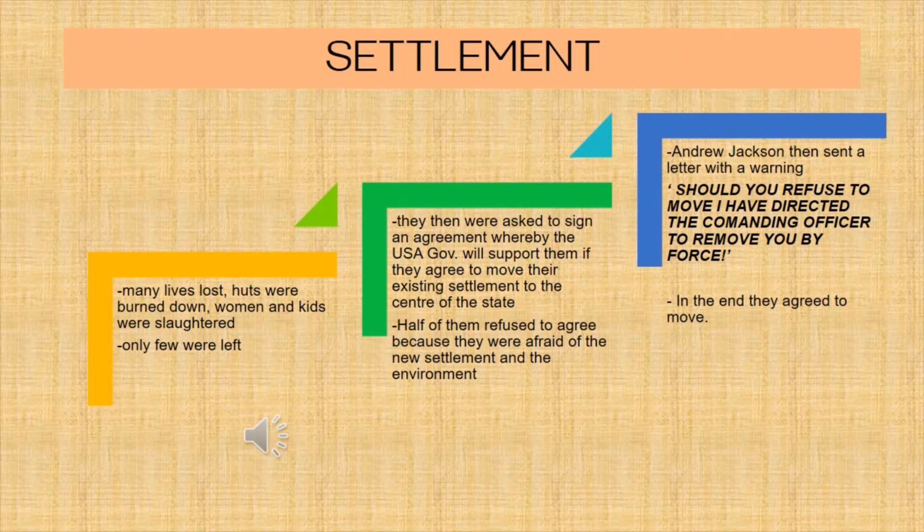But the Seminoles realized that if they move, they will not be able to live peacefully because their life is full of crops. Building huts and growing crops like corn, paddy, and all that. So if you take these people and put them into the center of a state, for example the center of Kuala Lumpur, do you think they can grow crops there?